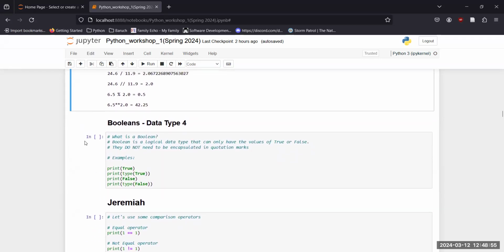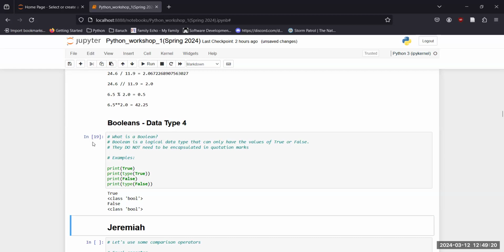And the fourth data type that we have is Boolean. So Booleans are basically just true or false logical operators. And something that's important is they are case sensitive. So it has to be with a capital T, capital F. Same applies for the print function. It has to be a lowercase p every time you try to print, or else you're going to get an error. So for instance, if we just print these ones out,